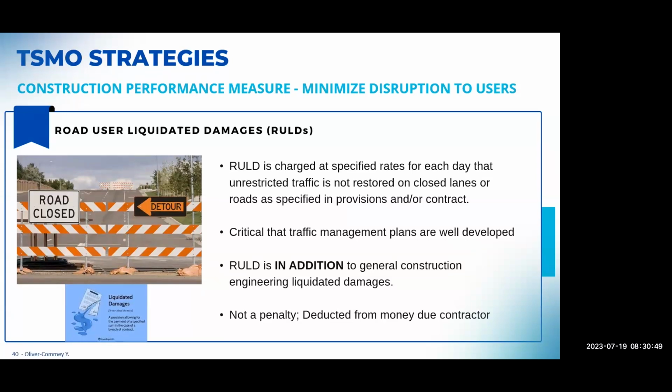So when we specify in the TMP that if you close a road or if you have this active detour, the active detour can only be in place for 3 weeks and you need to be done with the job. If they don't get done within those 3 weeks, then we start to charge them a daily rate that will be deducted from their fees. It's working pretty well so far for areas where we know that we definitely want those roads open within the shortest possible time.